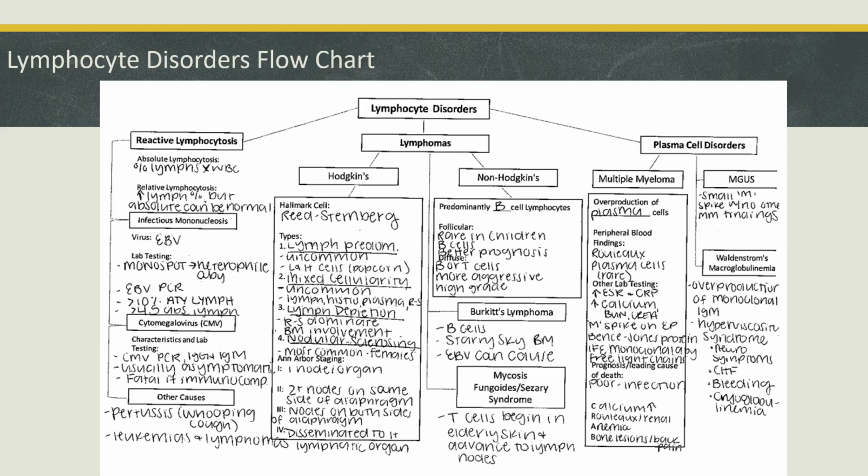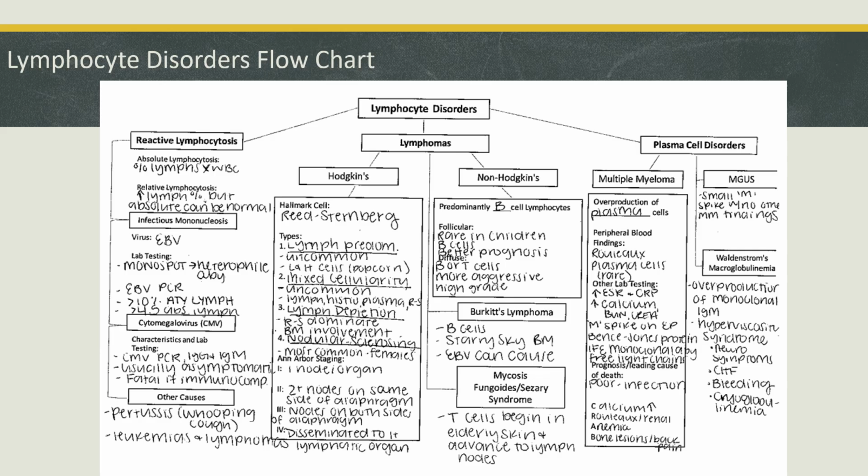And then if we do protein electrophoresis, we are going to see an M spike in that gamma region of our gel. We may find Bence Jones proteins in the urine. We're going to do that immunofixation electrophoresis for that monoclonal gammopathy. And then we're going to look to see what class of immunoglobulins are present, and specifically our free light chain. Are they lambda? Are they kappa? How many do we have? That's going to lead the doctor to formulate a plan of treatment and then